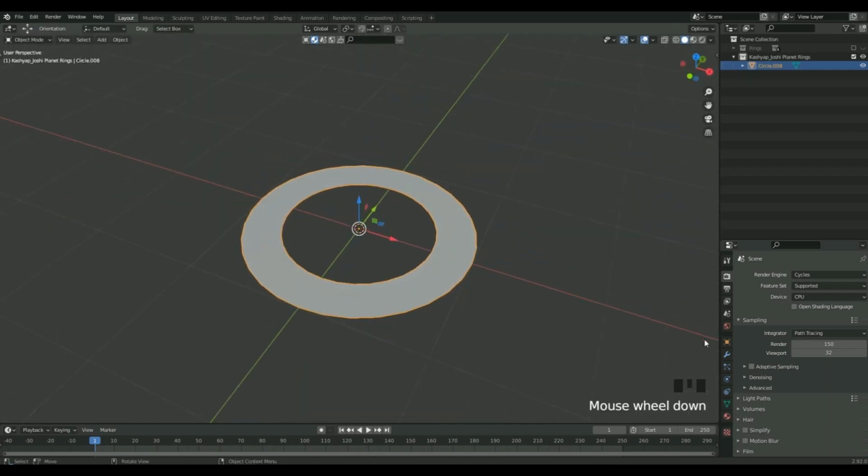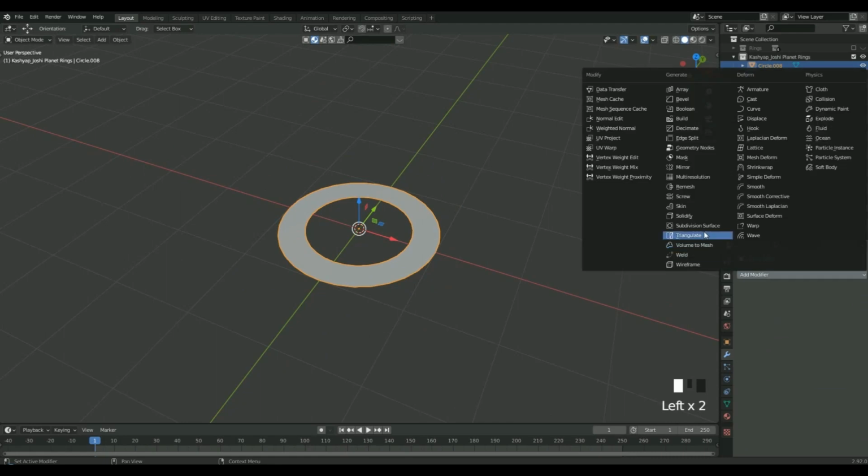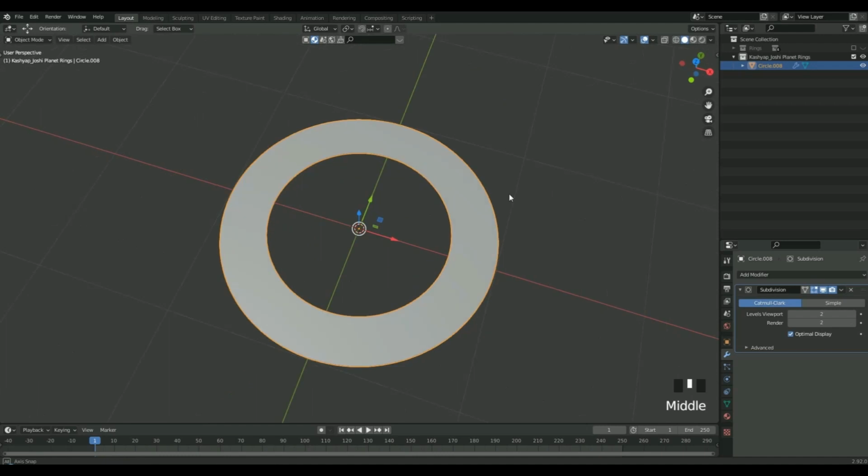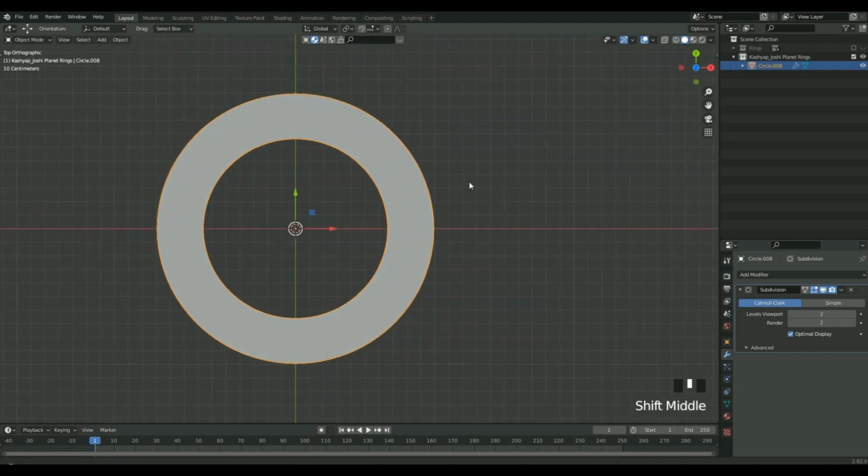You can just adjust it accordingly and go to subdivision surface. You can keep it to here, and after that you can just go